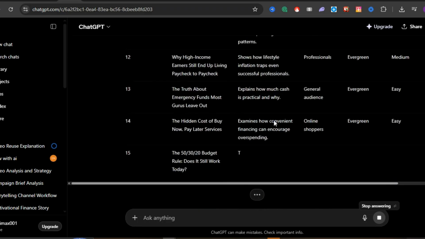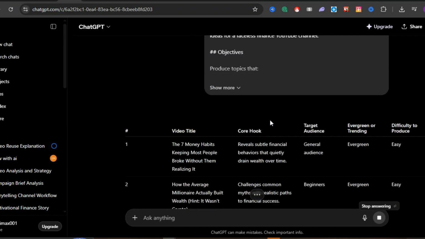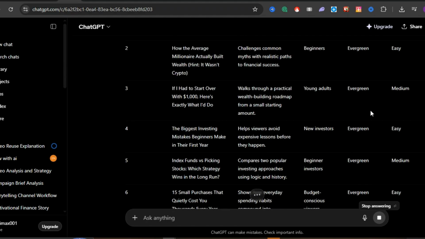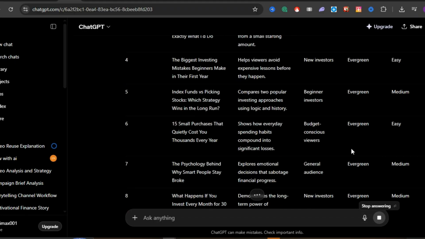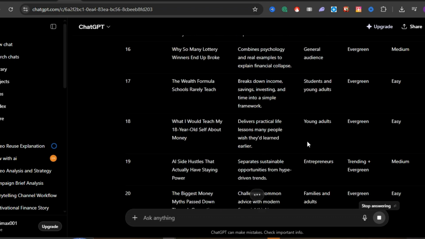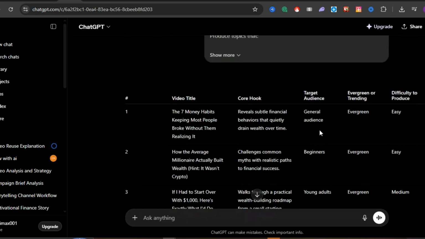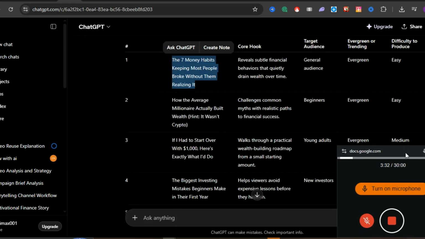Now, don't just pick any topic randomly. Read through the ideas and choose one that has a strong hook. For example, instead of a basic topic like how to build wealth, a better topic would be something like 7 money habits keeping you poor without you realizing it. That kind of topic is stronger because it creates curiosity. The viewer sees it and starts thinking, wait, am I doing any of these things? And that is what makes people click. So once you find a topic you like, copy it because we are moving to step 2, which is generating